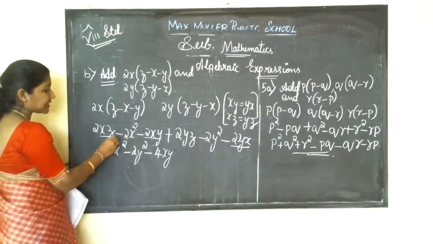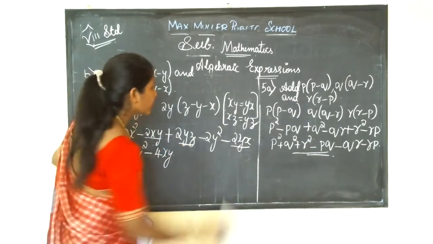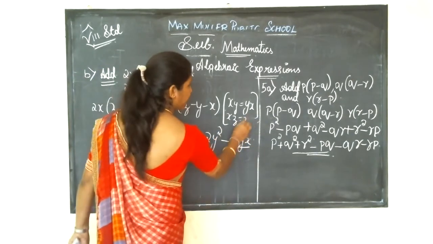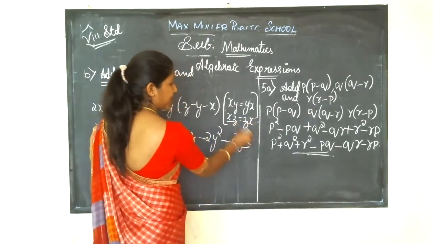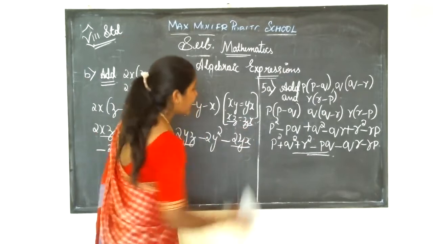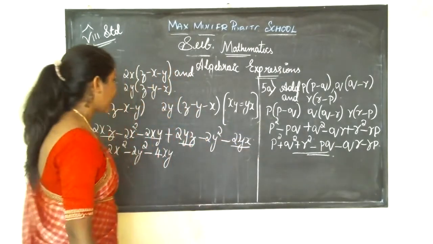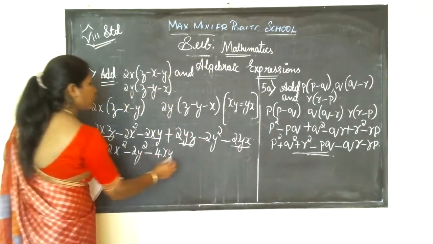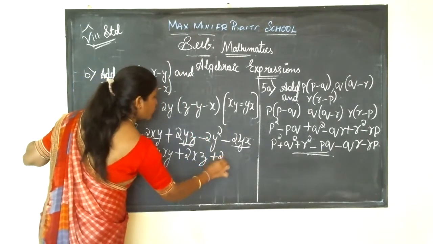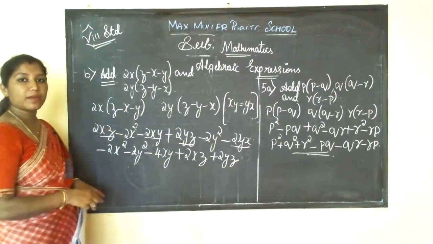Okay, here xz, here yz. This cannot be. Xz and zx can be. Okay, same variable it should be, but not different variable. Xz and yz cannot be. You cannot add the unlike terms, only the like terms you have to add it. So plus 2xz and plus 2yz. Understood, students? Be careful with the variables.